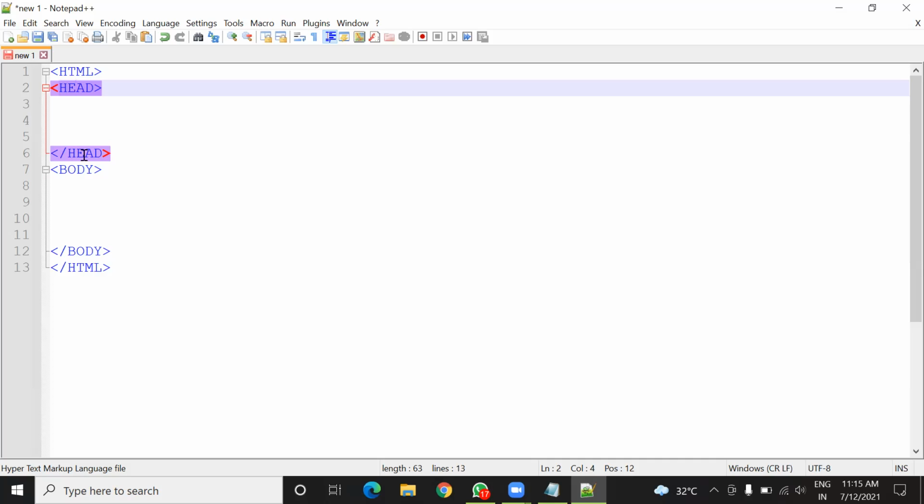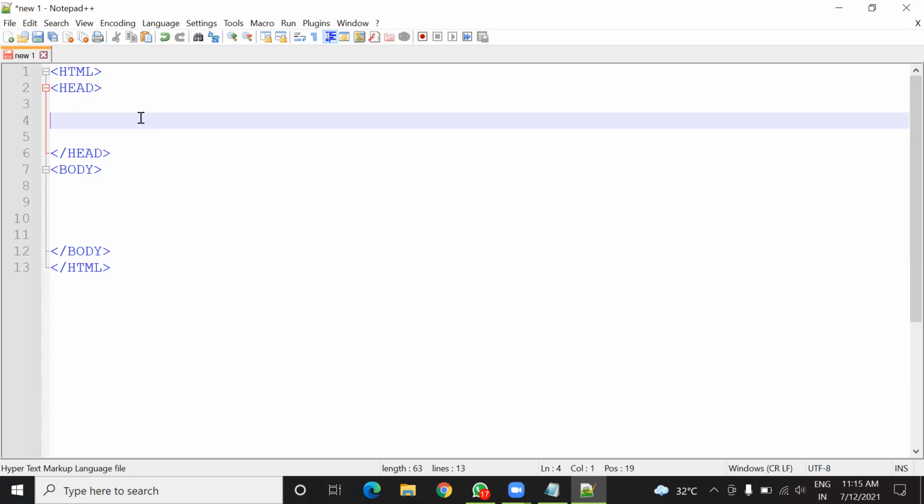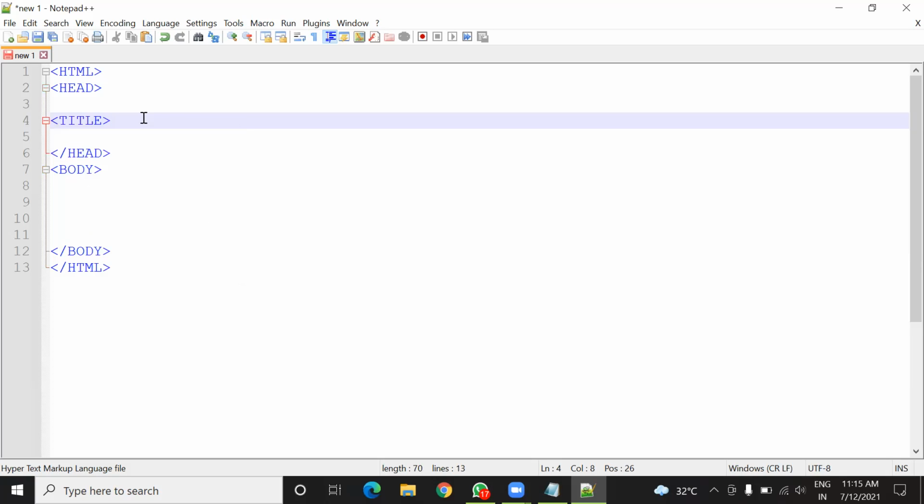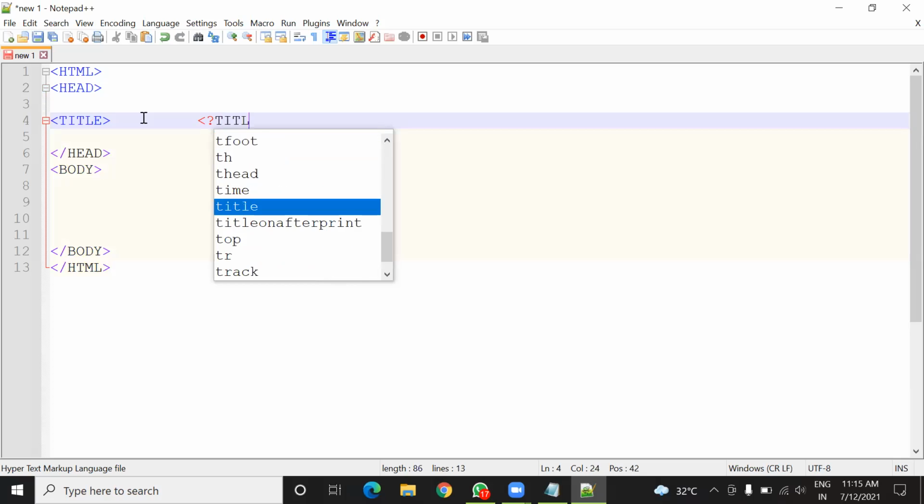But in our classes, up to some classes that we'll study, I'm going to put only one tag inside head, and that tag is the title tag. Okay, when we go to the CSS chapter in this class, then I'll show you how to use CSS here inside head. But this time we'll use only this title tag, and this title tag will also be closed somewhere just before the head closing tag.